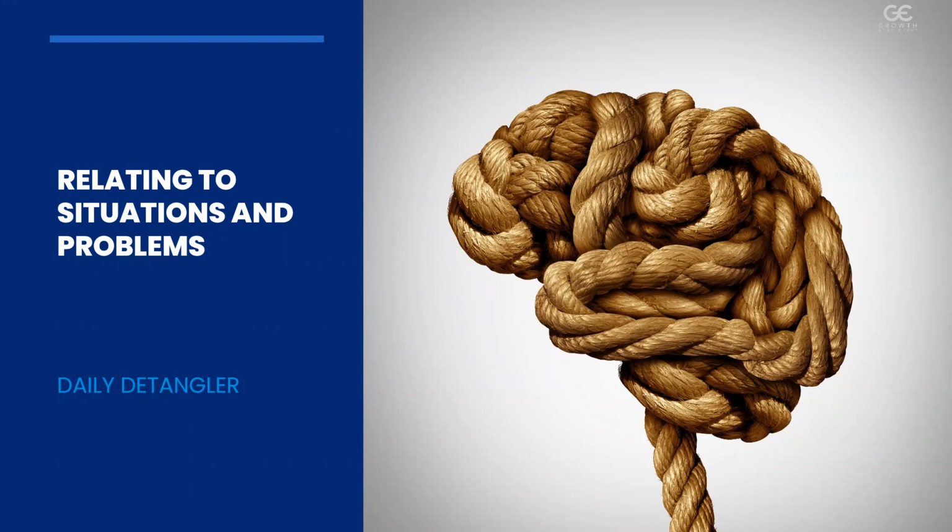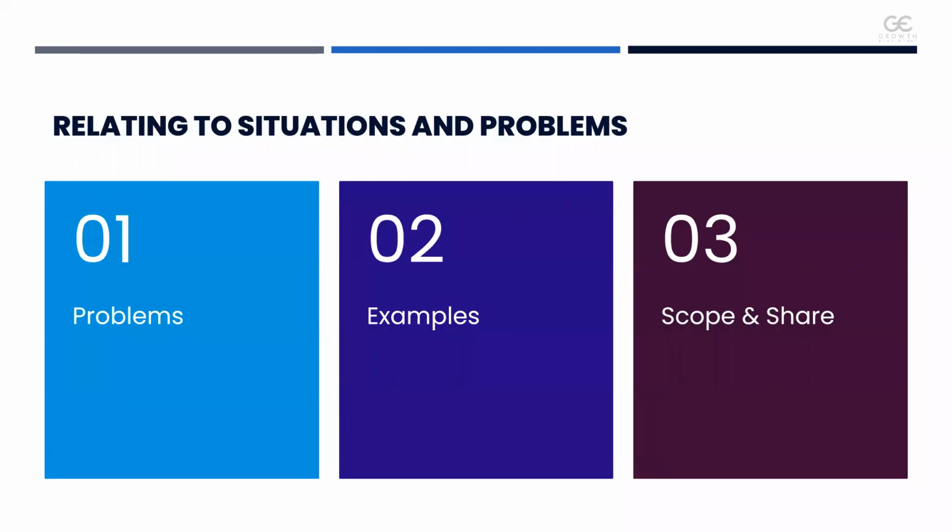So I thought I would share how I'm trying to process through that and how I'm trying to detangle that so that I can make better, faster decisions and increase my speed, because that's what it's all about, is getting faster. So problems, examples, situations,